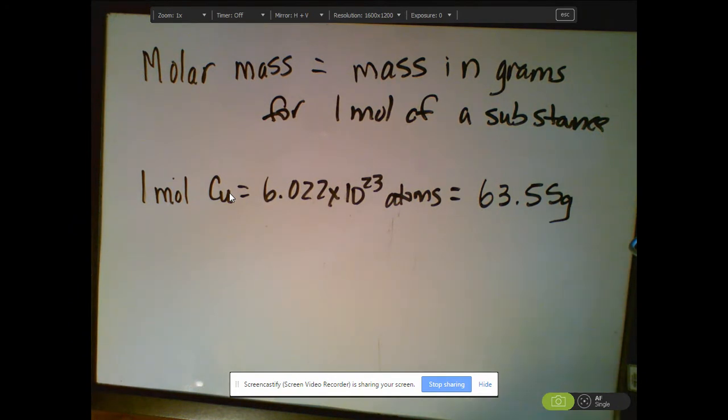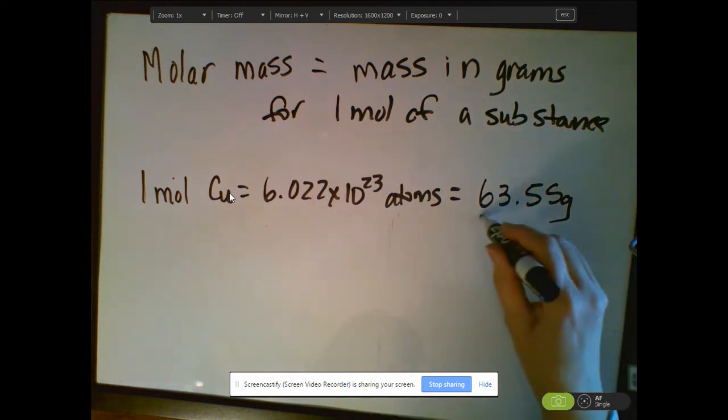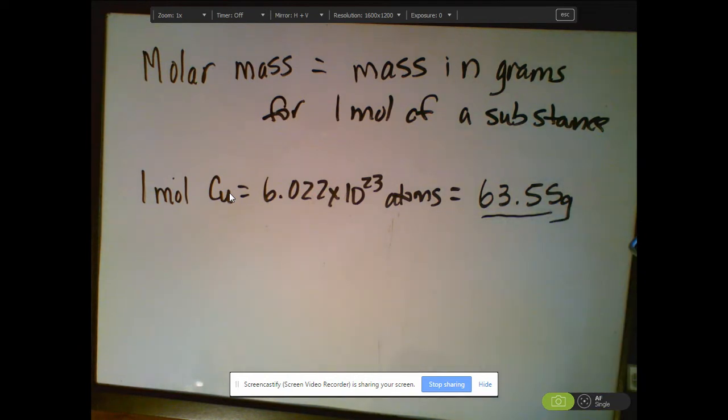Now I'm going to ask you to pause the video for just a minute and see if you can figure out why a mole of copper is equal to 63.55 grams, because that's unique to copper. Water is going to have a different molar mass, or a different mass in grams for 1 mole of water. Okay, maybe some of you can already see why copper is 63.55 grams. I'm going to give you another example before I lay it out and let everybody see exactly where this value